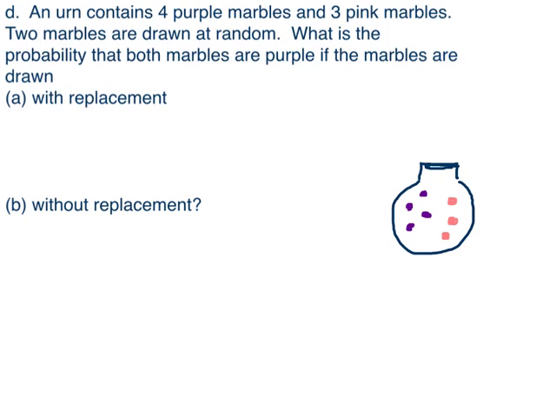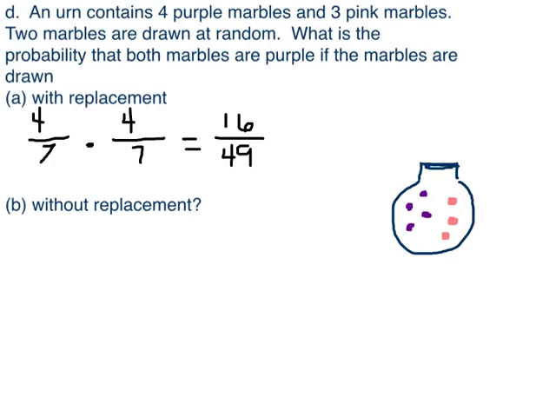An urn contains 4 purple marbles and 3 pink marbles. 2 are drawn at random. What's the probability that both marbles are purple if the marbles are drawn first with replacement? All right, so we have a total of 7 the first time. If we put that marble back, if we replace it, we have 7 the second time. And out of 7, 4 of those are purple. So we would have a 16 in 49